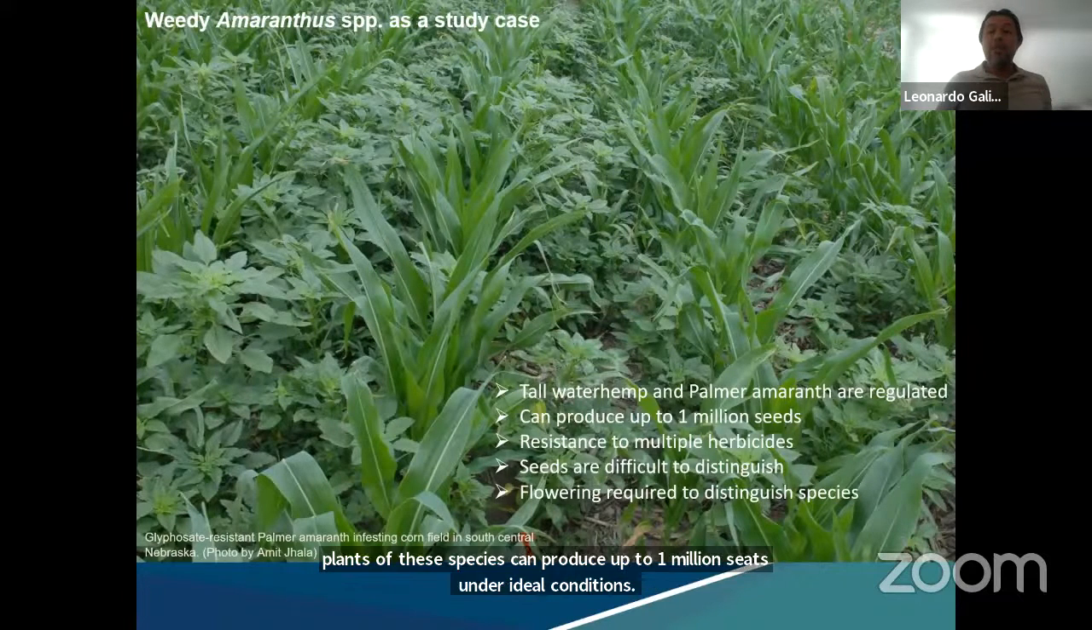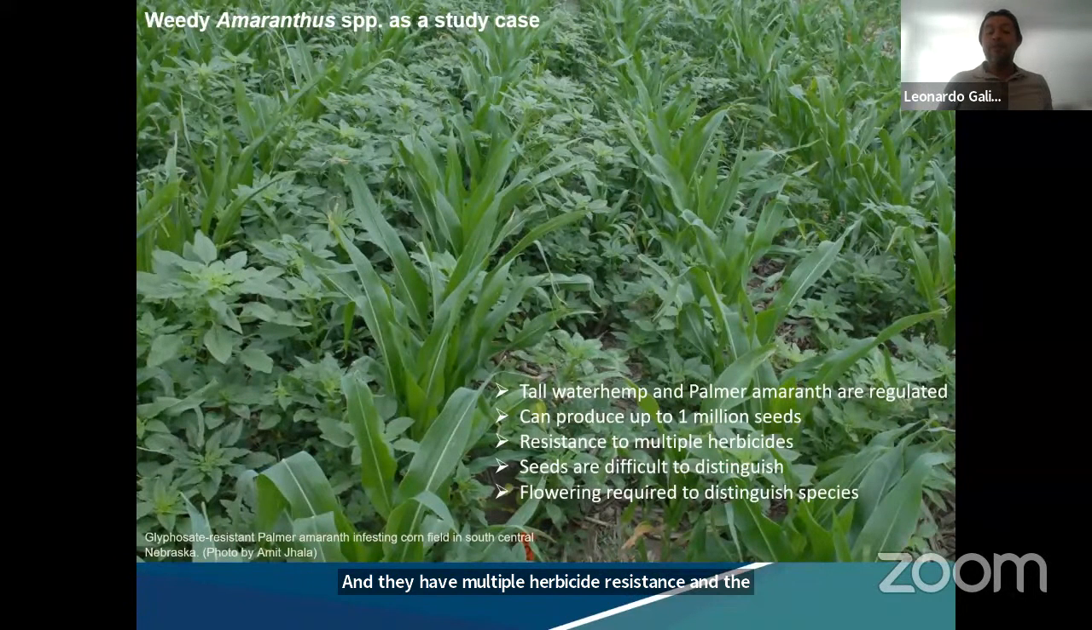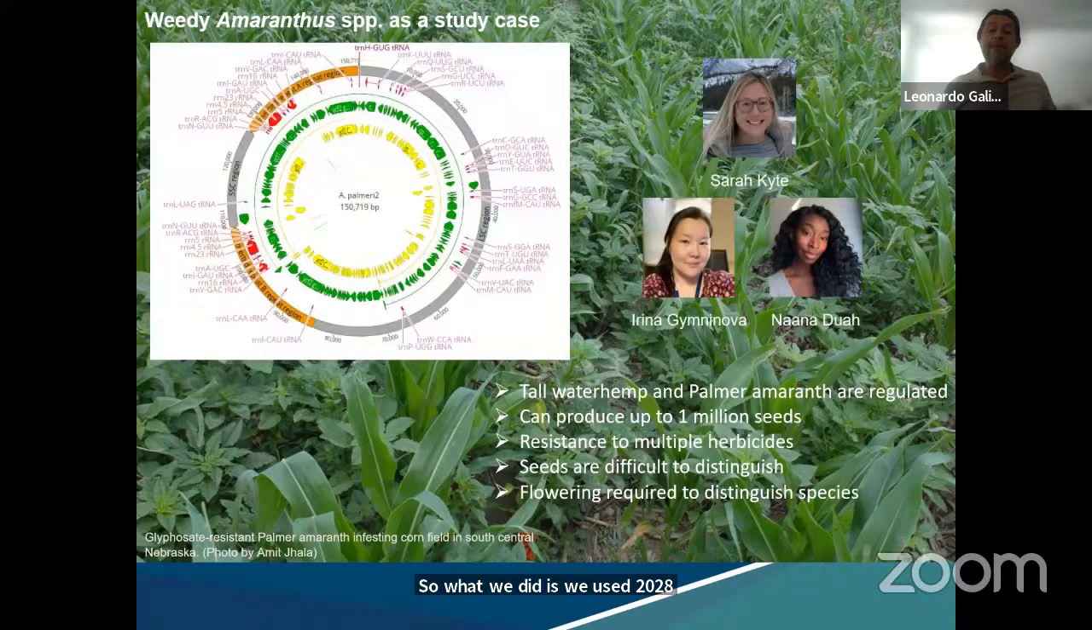And they have multiple herbicide resistance, and the seeds are really difficult to distinguish due to plasticity. And so even for fully grown plants, flowering is required sometimes to distinguish the species. So what we did is we used 28 samples that we have that correspond to 15 different amaranth species, and